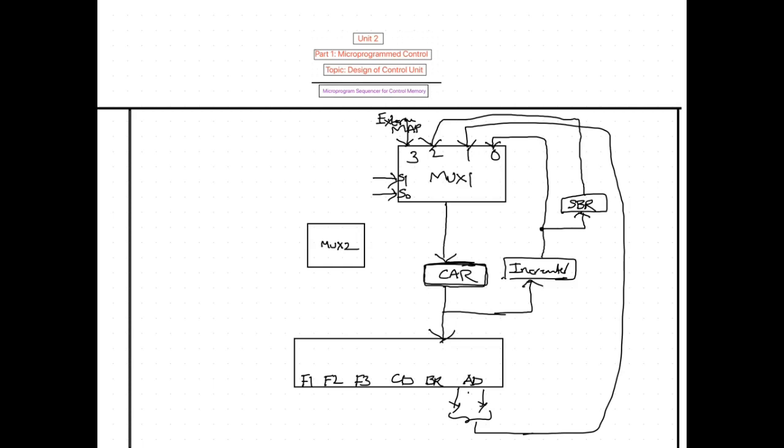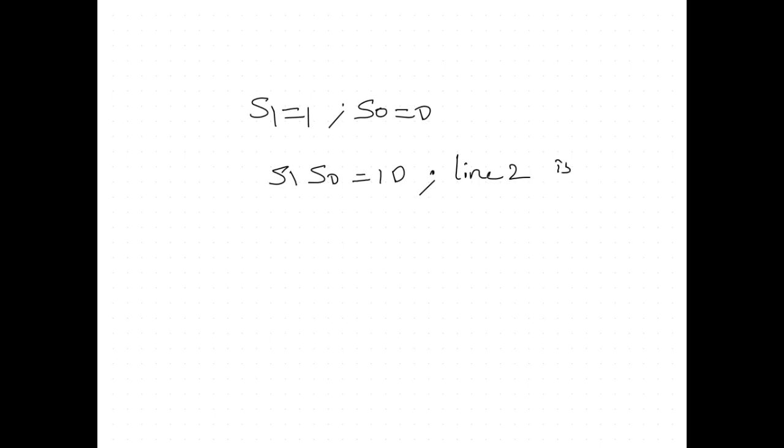For example, when S1 is equal to 1 and S0 is equal to 0, line 2 is selected.